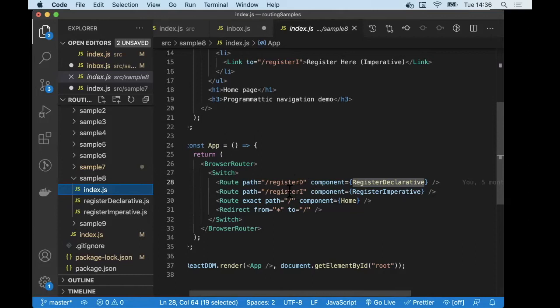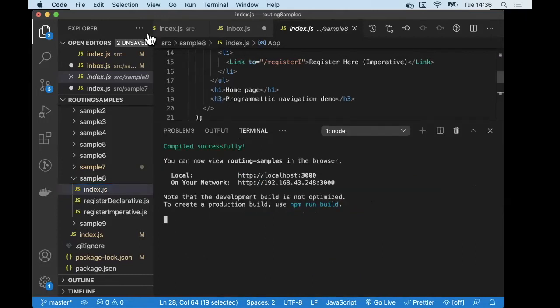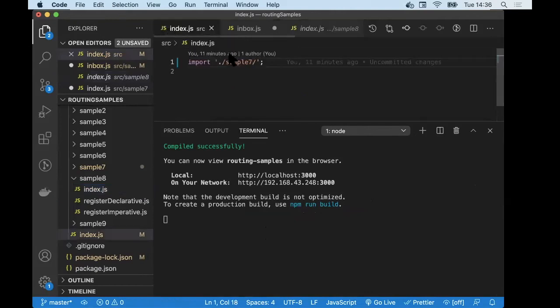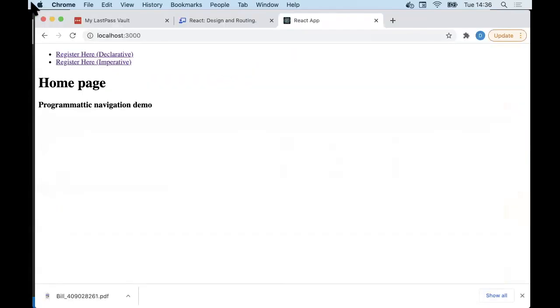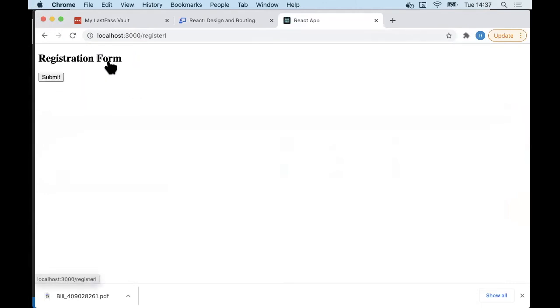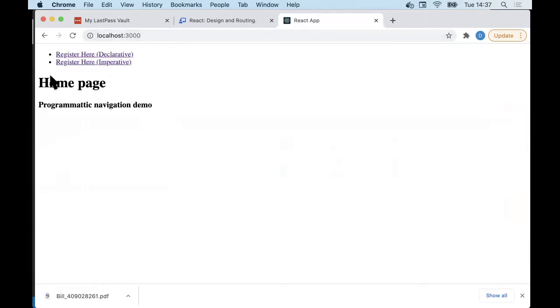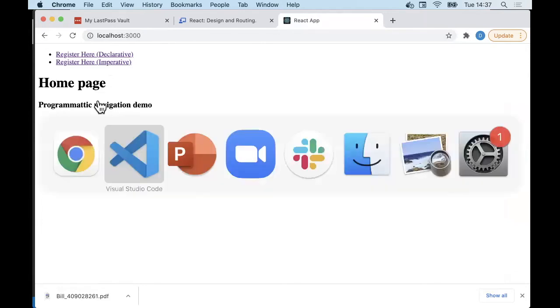So supposing I click on the imperative. You can see what the URL changed to. And when I click on this, then it brings me back. Okay, so the main component that we need to look at is